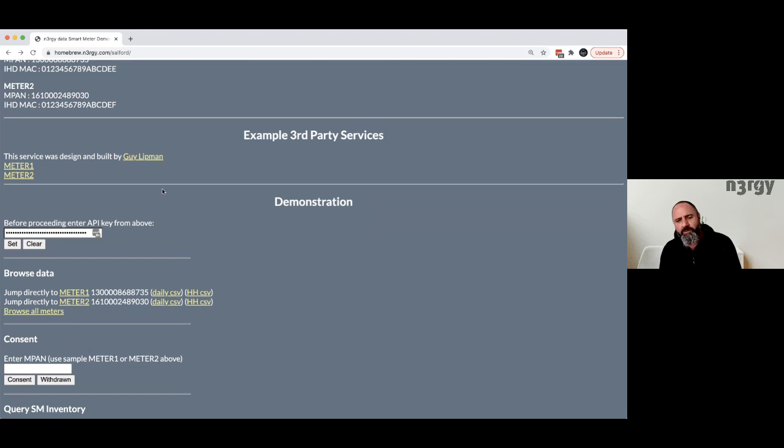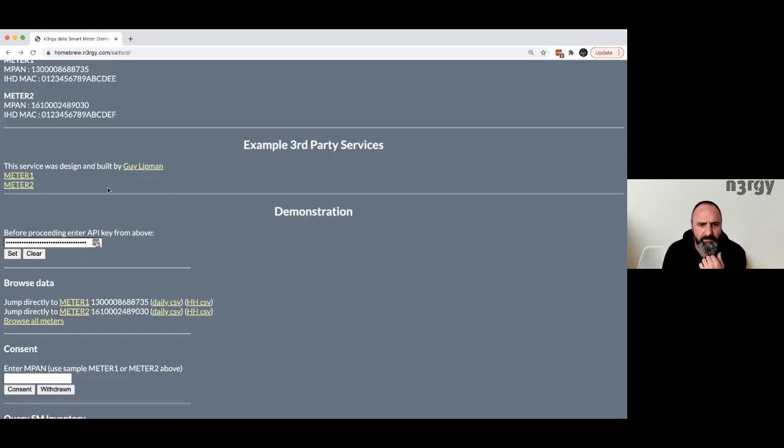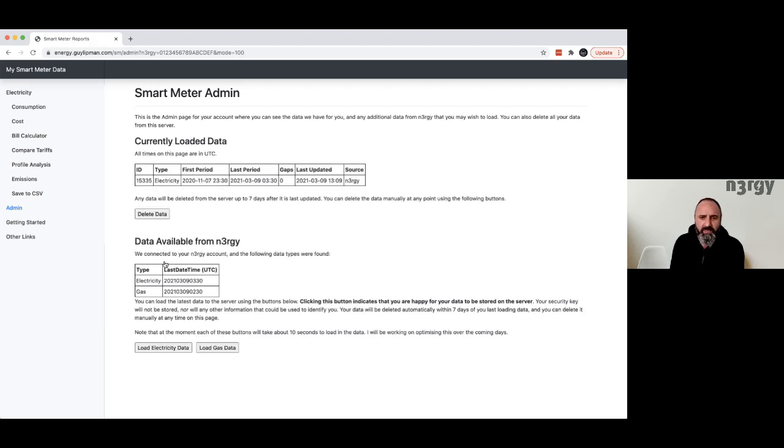So, for a simple browse of the data in a visual means, we have the third-party service provided by Guy. So if I just click on that, there you go, I didn't. Okay, this one works. So you just click on the link. Meter 1 looks like there's an issue at the moment, so meter 2 seems to be working. Click on the link. Firstly, the service needs to load your electricity data or gas data into the browser, because this is all processed within the browser,